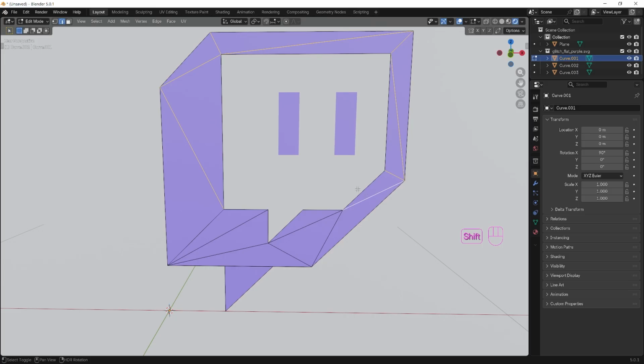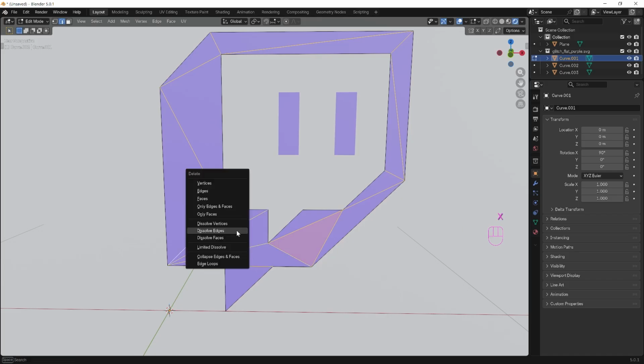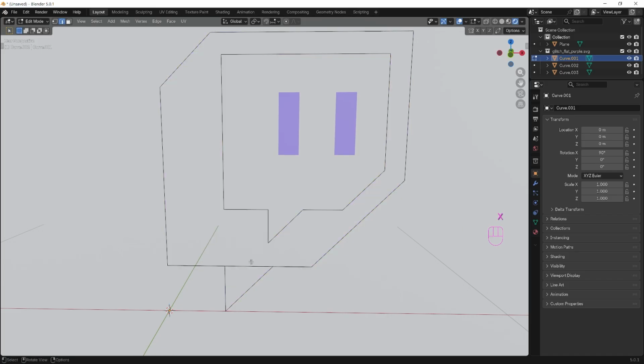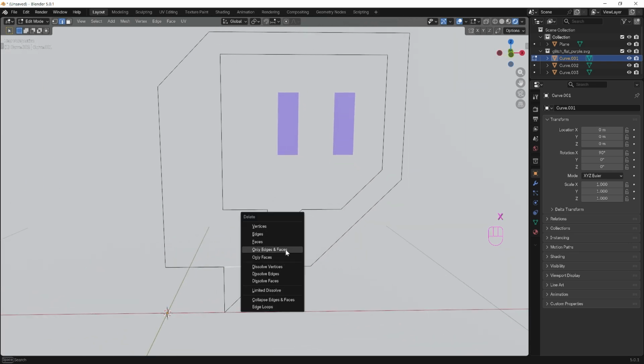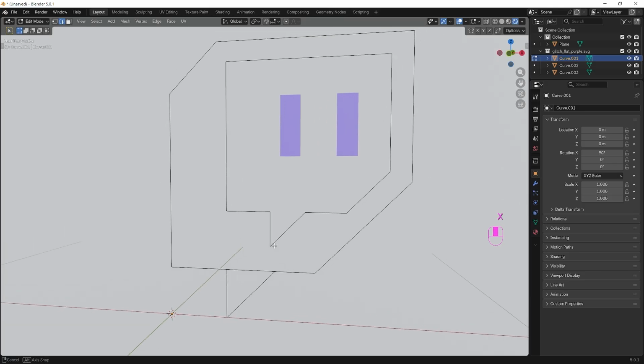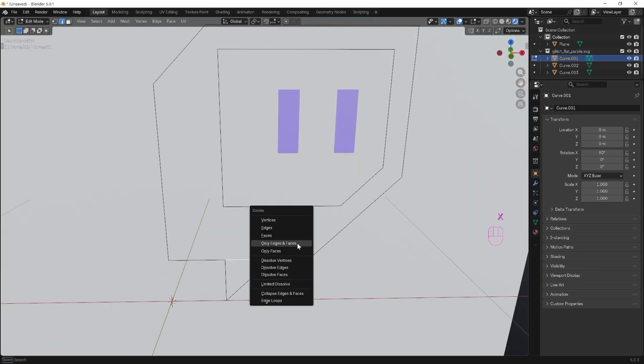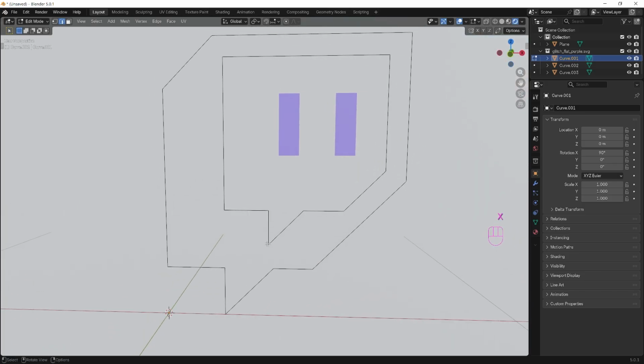If you accidentally select one of the outer edges, you can just click on it once more to deselect. Press X to delete and select only edges and faces. There seems to be some duplicates of this edge down here. So let's select it and press X and delete only edges and faces again. Oh, and there is one more, so get rid of that as well.